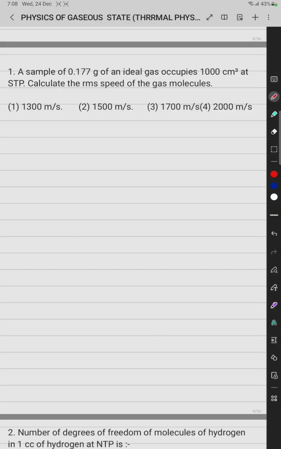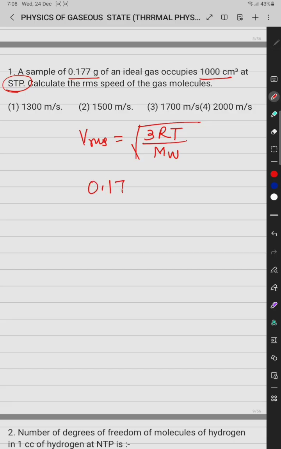प्रॉब्लम में एक सैंपल दिया जिसका मास दे रखा है, वॉल्यूम दे रखा है, STP पर है, RMS स्पीड निकालना है। तो इसका RMS स्पीड निकालने के लिए if we take the √(3RT/M), यानी आर लेंगे तो इट इज़ अ मॉलिकुलर वेट लेना पड़ेगा, और मॉलिकुलर वेट के लिए इस सैंपल का मास जो कि 0.177 ग्राम है, इसको मैं यदि डिवाइड कर देता हूँ वॉल्यूम से, पर यूनिट वॉल्यूम, और मल्टीप्लाई बाय 22400, then this will be the molecular weight